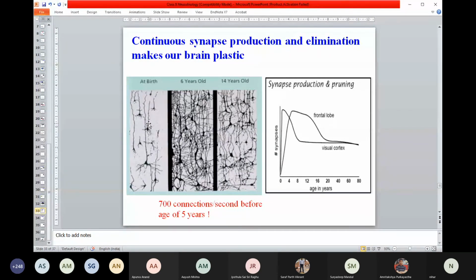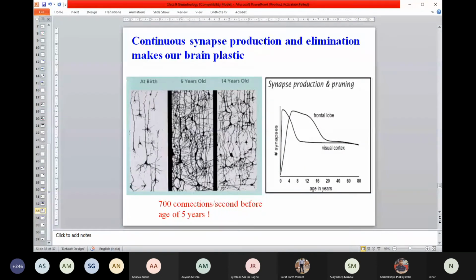So what I'm trying to explain to you is, if you compare different ages, like the day you were born, when you were 6 years old, and now as a teenager, the number of neurons present is nearly equal. But the difference you can see is the extensive branching. Look at the extensive branching at 6 years of age and at 14 years of age; it's reduced a little bit. More branching means more connections. More connections happen because of more dendritic spines, and so more synapses.